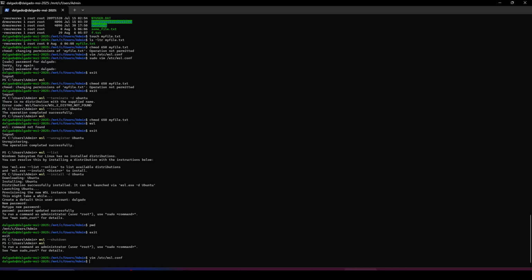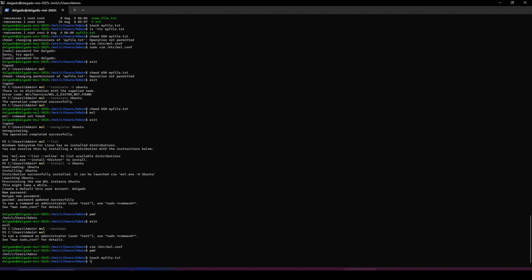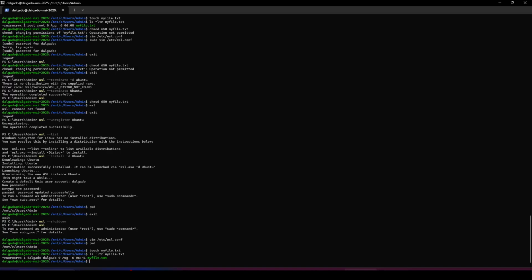Let's look at some important features. So we are in the /mnt directory. This is the hard disk, the Windows file system, that is made available to us. So /mnt/c is the C drive. One important thing that we have to notice is if I create a file and then examine the attributes for that file, you will see that it has read, write, and execute for user, group and everybody. So if I want to change the permissions,